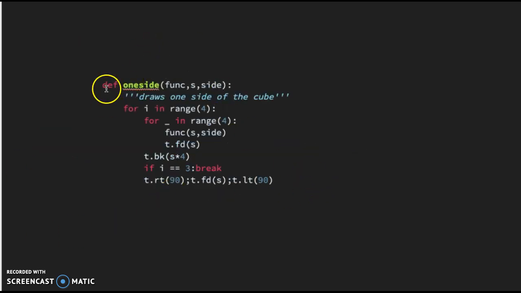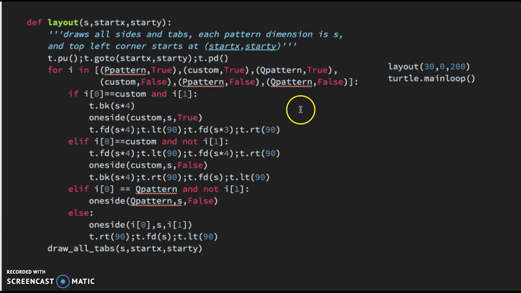Then we have this function here that draws just one side of the pattern. It takes a function, the size, and whichever side it's on, and it draws that function with the size and the side. Goes forward. That's a 4x4 array of patterns. Then we have the kind of master function here that takes the starting coordinates and the size,